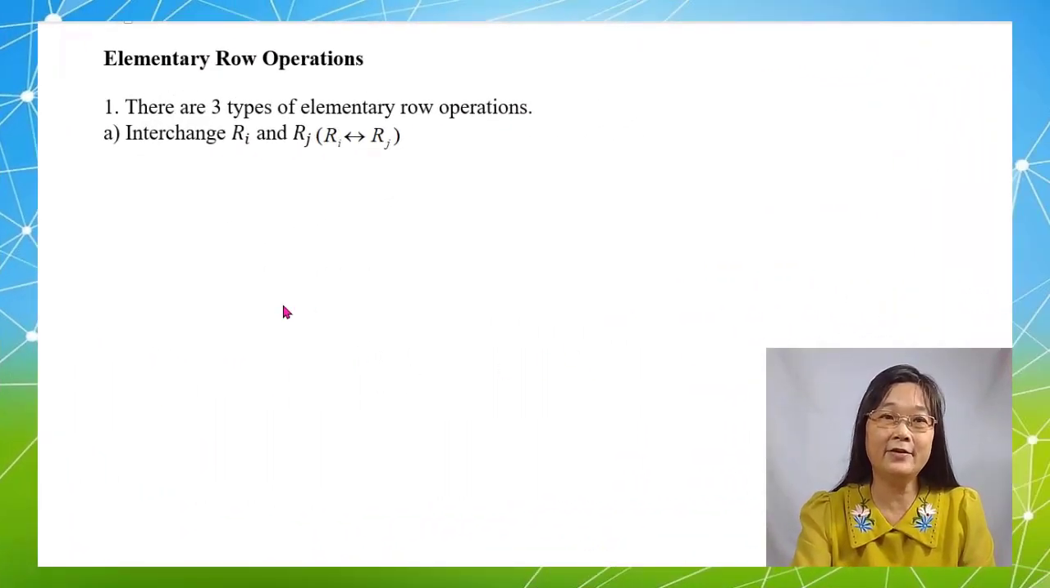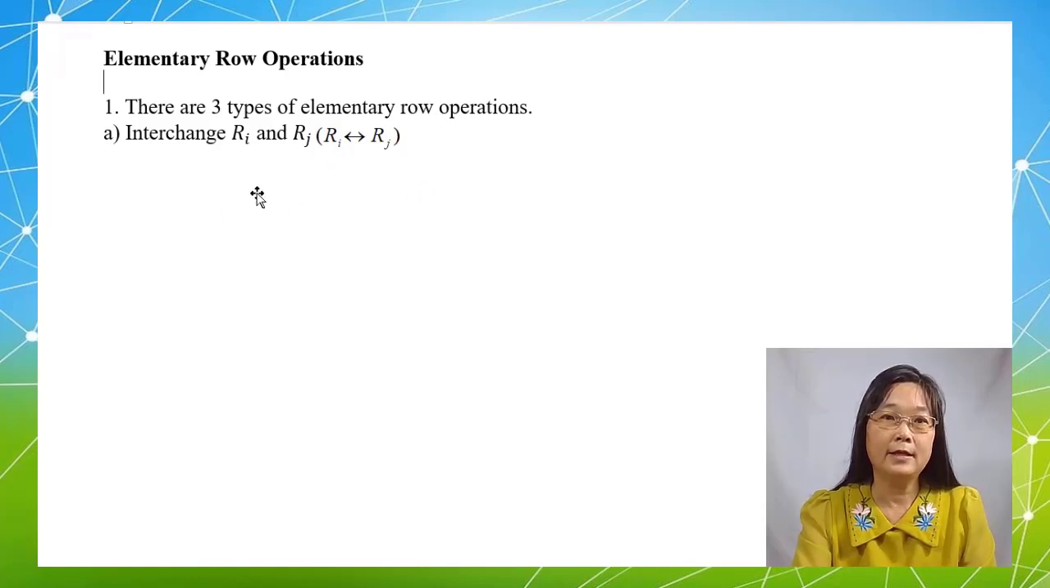Today, I'm going to talk about the elementary row operations. There are three types of elementary row operations. The first one is we can interchange any two rows, and the notation can be written as this. The arrow means replace. So for example, I can replace row 1 with row 3 and row 3 with row